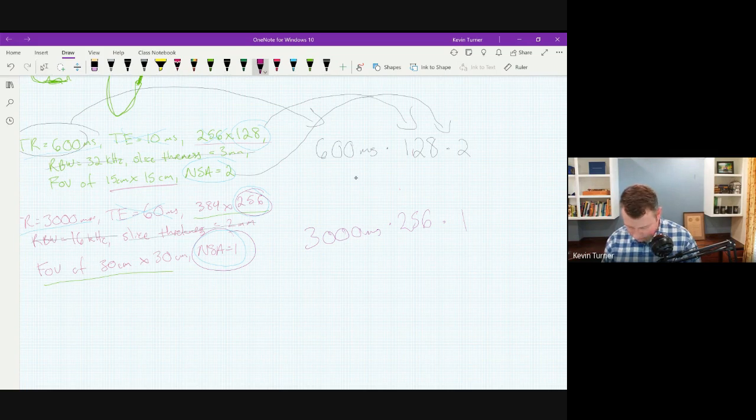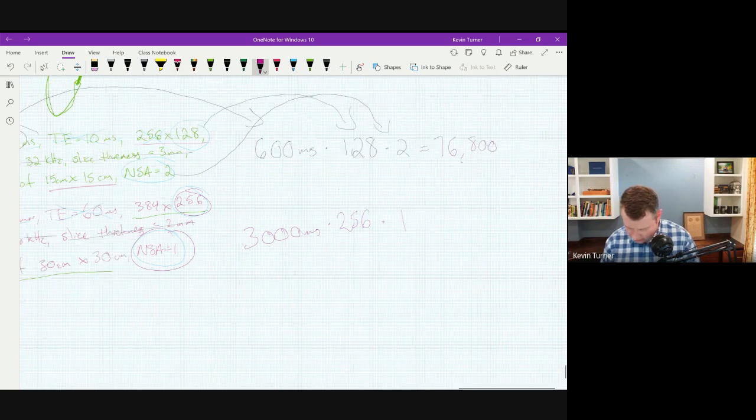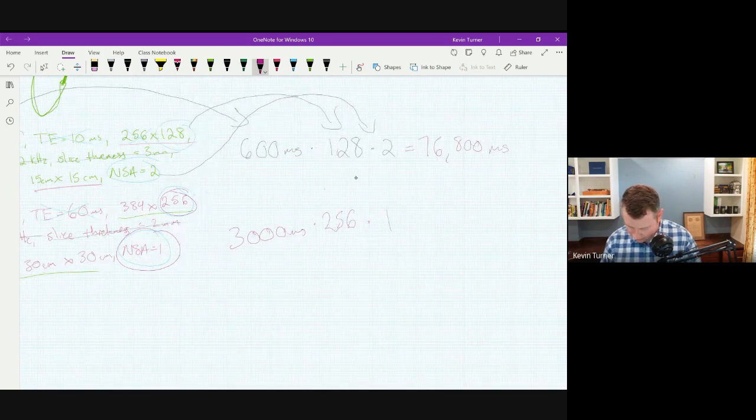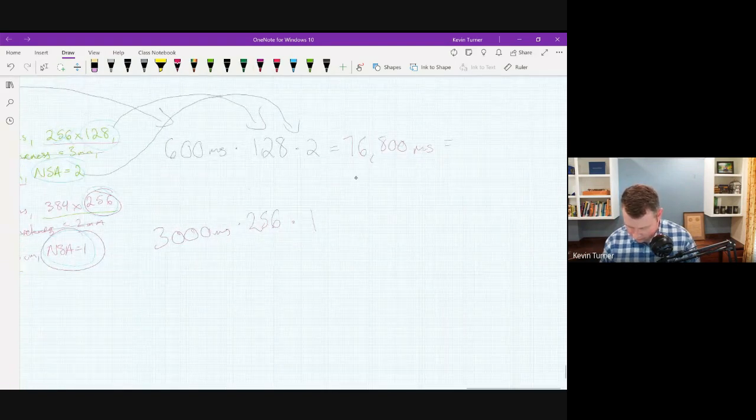So this equals the exact same one we were just doing. Equal 76,800 milliseconds. So now I convert. I divide by 1,000 in order to create seconds. 76.8